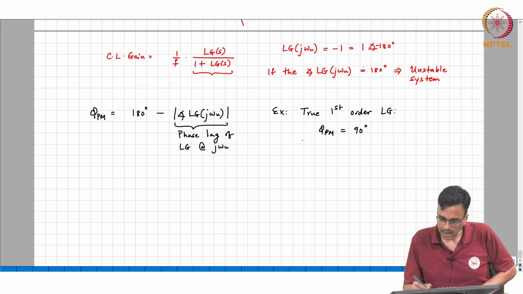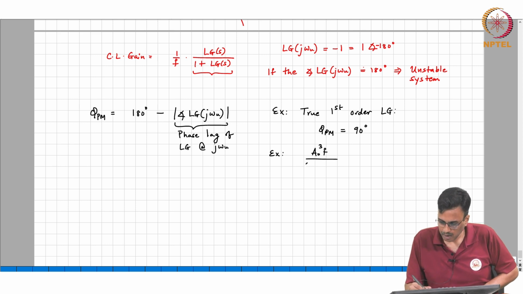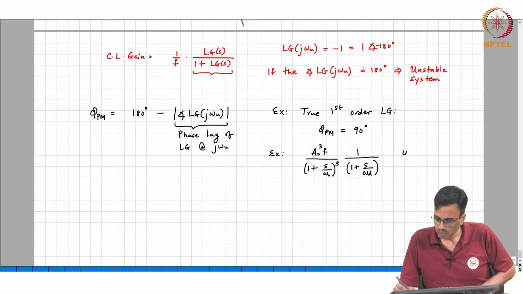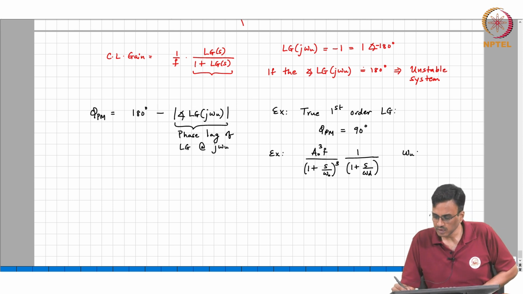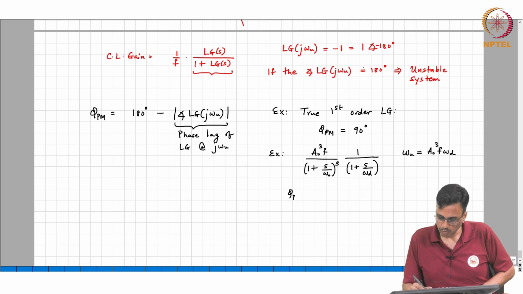Okay. Then let us say a second example. So, let us say we have A naught cube f by (1 plus s by omega naught) whole cube, times 1 plus s by omega d, right. So, what is omega u? Assuming that the unity gain frequency is much smaller than omega naught, omega u is A naught cube f omega d. So, the phase margin therefore is nothing but